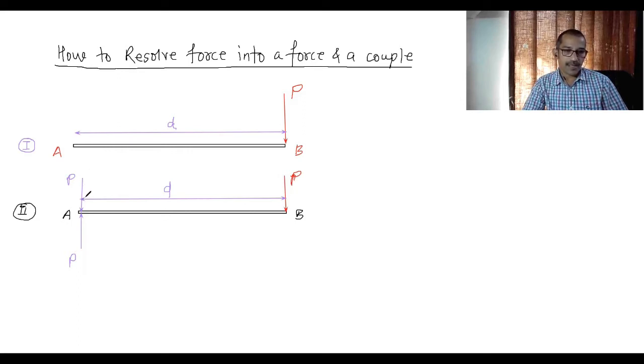Now P downward at A and P upward at A, as they are collinear, because the line of action is the same, the magnitude is the same, and the direction is opposite, so these two forces will cancel their effect. That means such a force system is called a force system in equilibrium. It doesn't make any difference or any effect on the given body, because they cancel their effect, one upward, one downward. Or collinear forces in the horizontal direction also, with the same magnitude and opposite direction, cancel their effect.